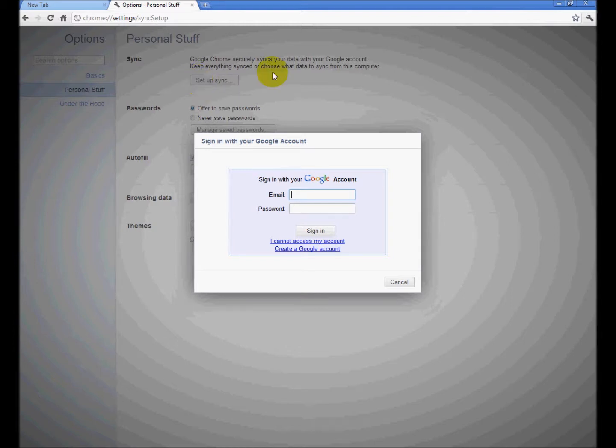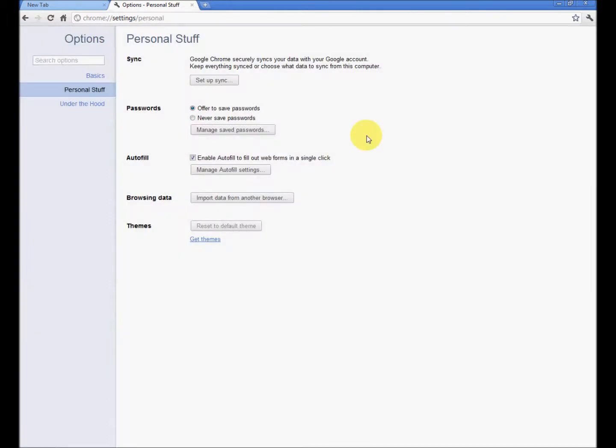It's going to share the bookmarks, share the extensions and apps. It'll be like using the same browser that you sit down at your home computer with at work. It's very, very awesome. Definitely set up Sync.